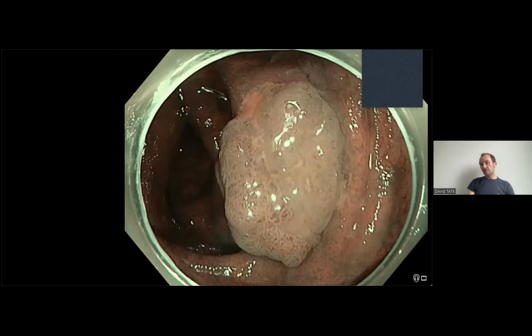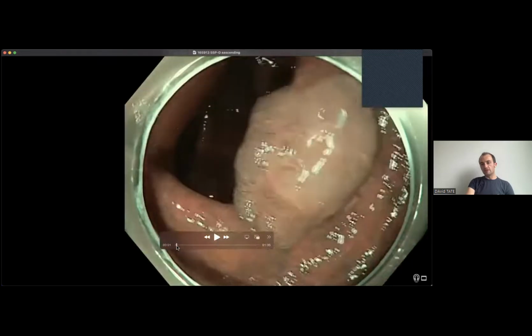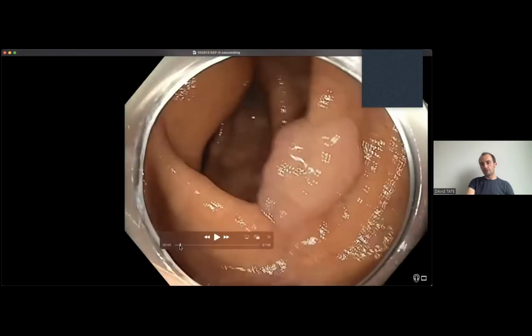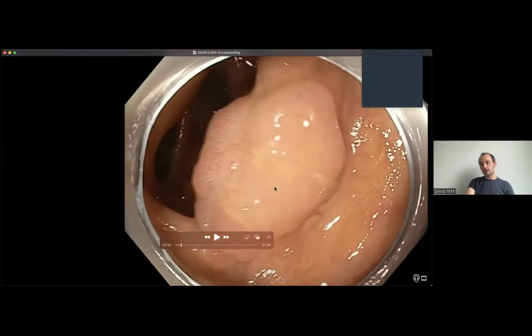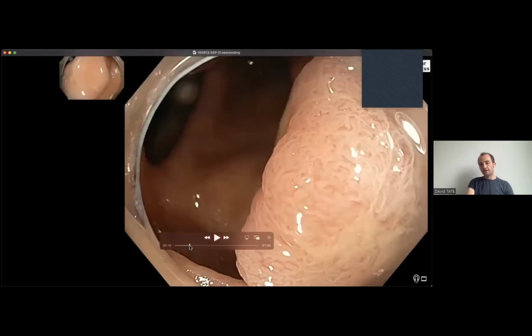How do you classify a serrated polyp? Well, they look like this. This thing on the right, so they tend to have mucus attached to them, and you see that this one did when we started. You see it there. This NBI is not useful, but when you see it in white light, there's a bit of mucus attached to it. They tend to have difficult margins to determine. So the colleague who was speaking before was saying about difficult margins, where you can see that the margins of this side, the left side, are very easy to determine, but the margins of the right side are maybe more difficult, right? It's not very clear where this ends and where the normal bowel wall starts, whereas the bit on the left is very clear.